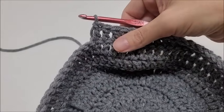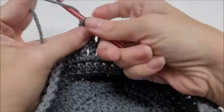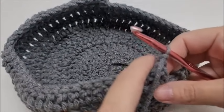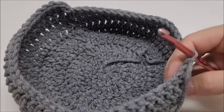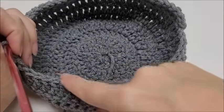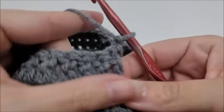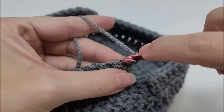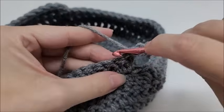Alright, so now we're going to continue in this same manner. We're going to chain 1 and turn and go back again, working 1 double crochet in every stitch for round 10, 36 stitches back and forth for a little while. Now you should have 24 that remains empty up front. So I've just finished round 9, and I'm going to begin round 10. I'm going to chain 1. I'm going to go back in that first stitch and double crochet, and I'm going to work